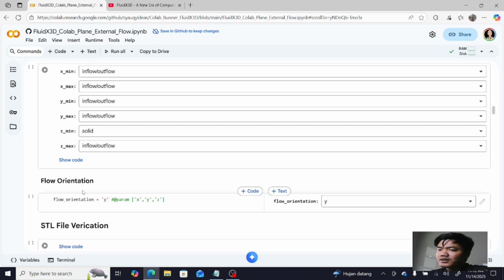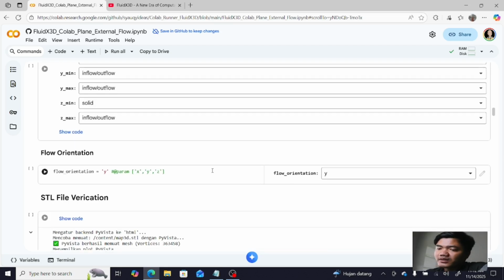And then the flow orientation in FluidX3D. I'm only able to set the flow orientation along just one axis. I'm still not able to make the flow orientation at 45 degrees or something. I'm just able to do it in one orientation, like X, Y, or Z.